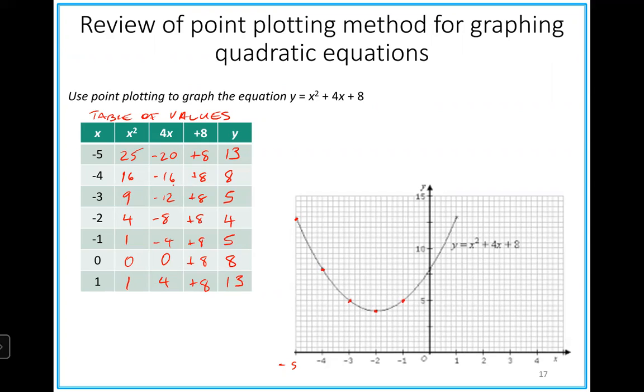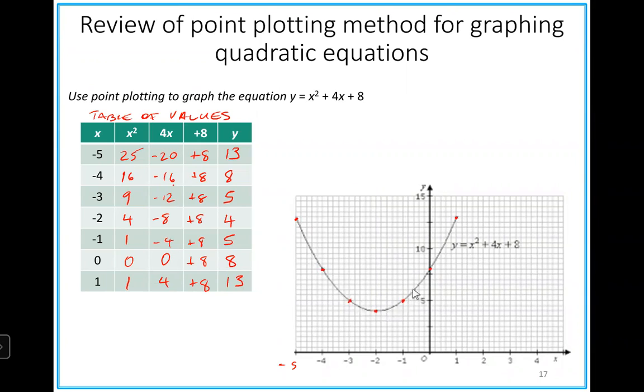0, 8. And then the next one is 1, 13, which is right up here. And so what they did after plotting those 7 points is to join them together to form what is called